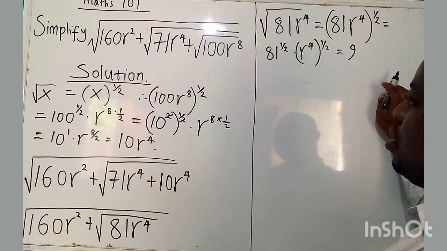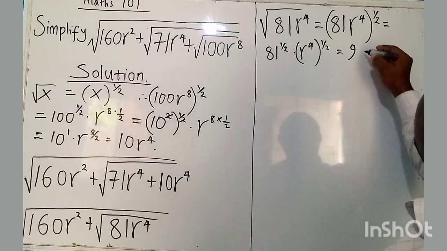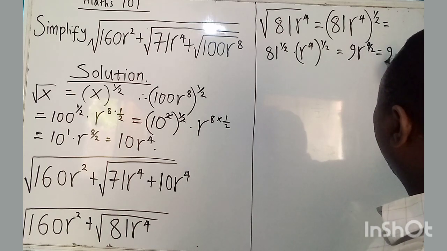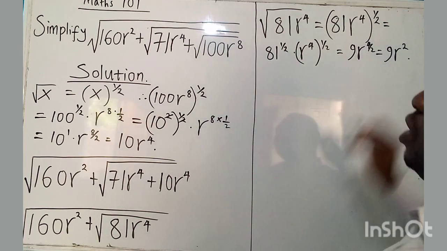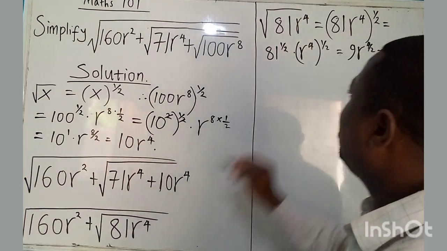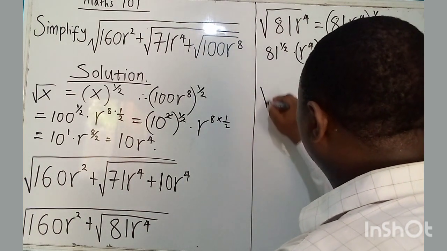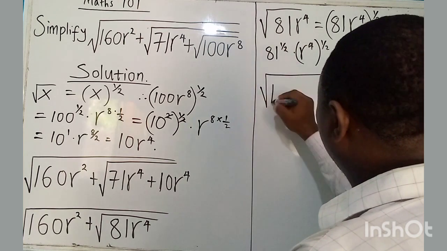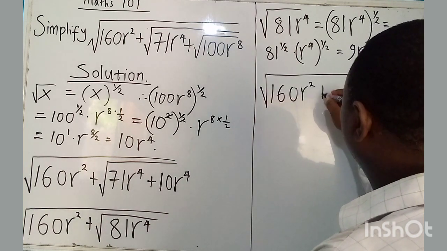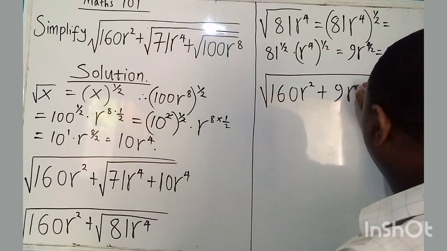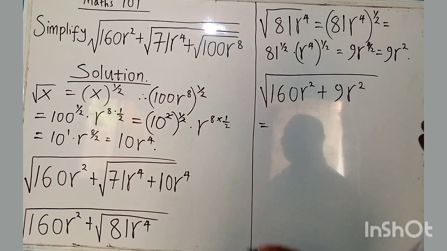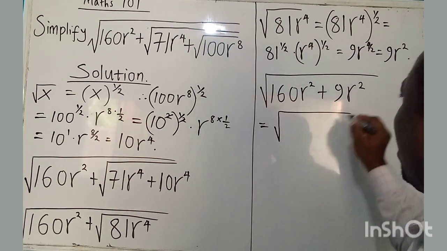What does that mean? x to the power of 4 means what? x to the power of 4 over 2, which is 9 x squared. So it has reduced to 9 x squared. And the power here is x squared. So therefore, the third reduces to what? 160 x squared plus 9 x squared. Both of them having the same power, therefore, we add them together, it becomes